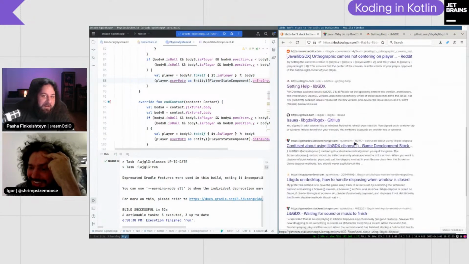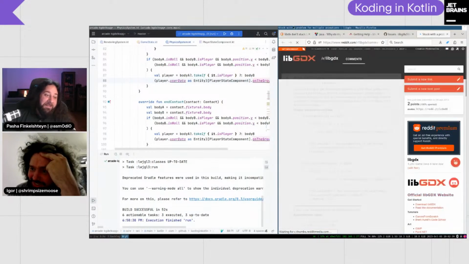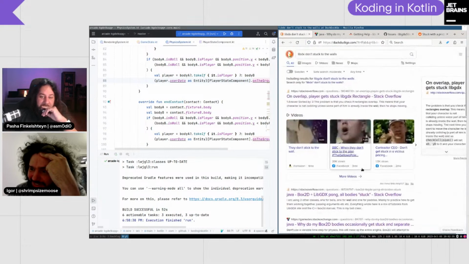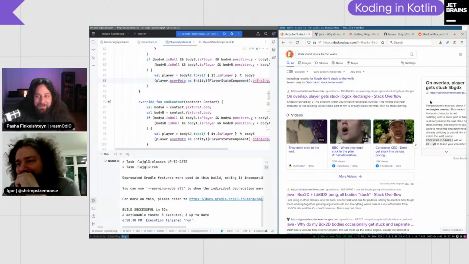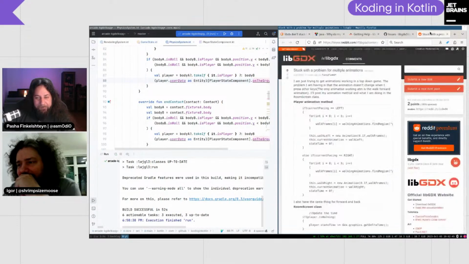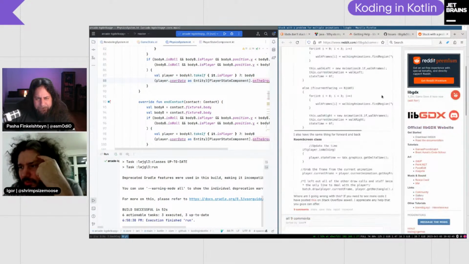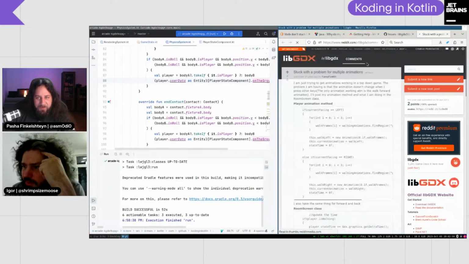I actually like that Google shows you this hint, the getting help one. Like, dude, you need help, really. Yeah, I mean, see a doctor or something. Stuck with the problem, multiple animations. Wait, which subreddit is that? libGDX.